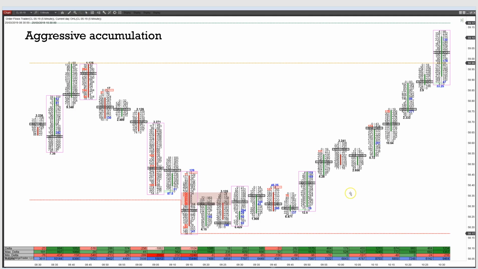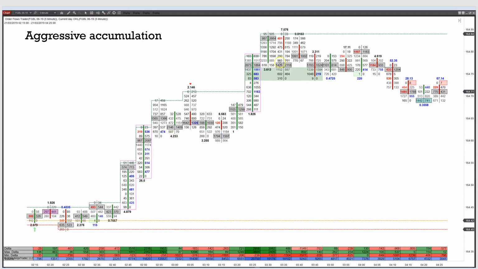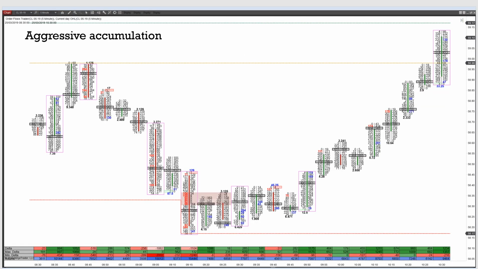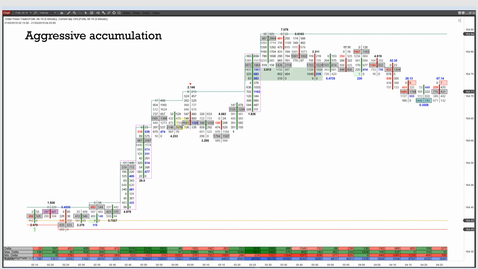Now, where is aggressive accumulation more important? Well, I think it's more important near the lows, right? Now, people are going to say, well, that's not really accumulation, at your highs. Well, think of it this way, people are accumulating a position, right? When you think about accumulation, you really want to be accumulating when it's at the lows. But just because you're at highs, don't think that we're not going to go higher, because we very easily can go higher. People sort of fall into this trap where